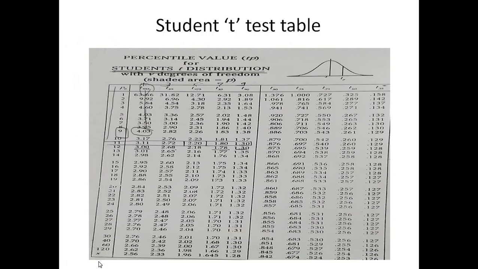Okay, this is the student t-test where you can use the degree of freedom from this column and significance level from this column. Okay, so the first column is for 0.05, then again the increasing levels follow. This is all about the t-test which we are using for the quantitative data.